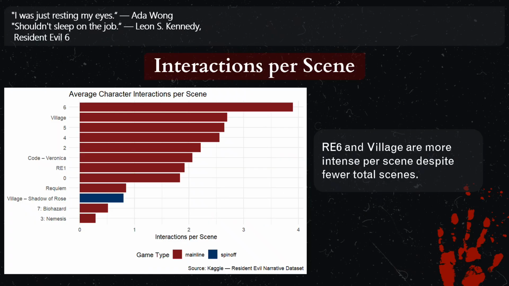And then plot 4 honestly is my favorite one. This variable measures how many character interactions happen per scene on average. So Resident Evil 6 tops the chart with almost 4 interactions per scene, despite barely having any scenes total. Meanwhile, Requiem, which has the most scenes, has less than 1 interaction per scene on average because the cast is so small. So scene volume and scene intensity are actually 2 very different things, and this plot makes that really